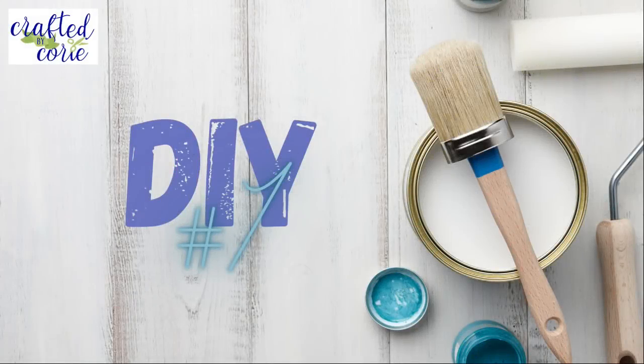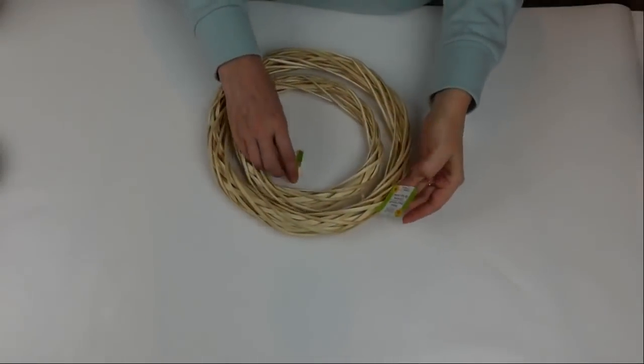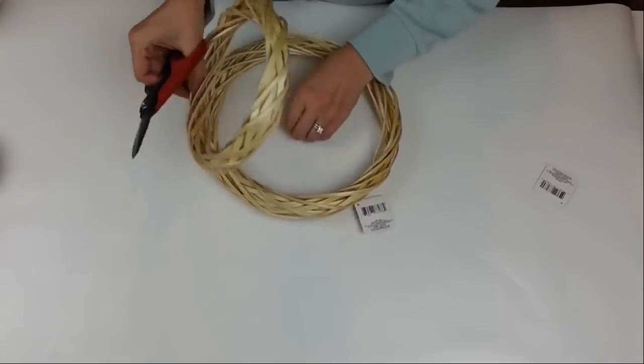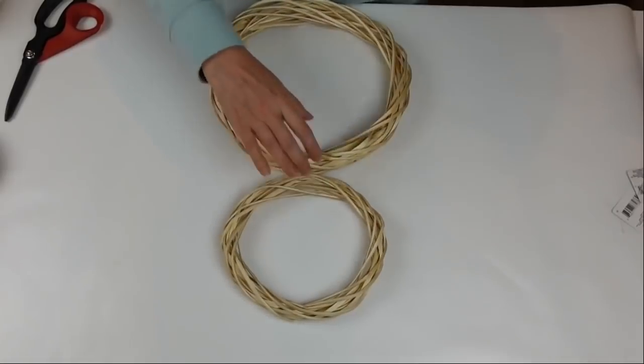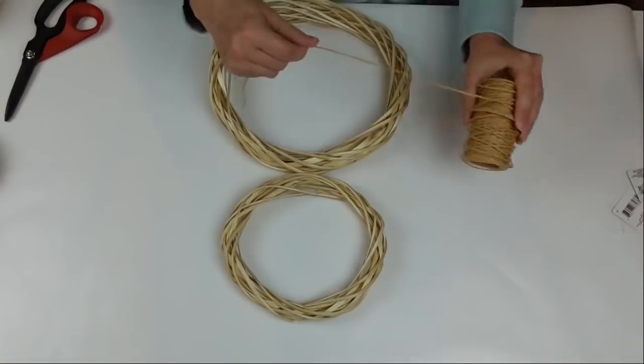DIY number 1. For this project, I have these two, I'm going to call them rattan wreath forms from the Dollar Tree. I've got a smaller version and a larger version. I'm going to be connecting them together, and you could use wire, but I have this,